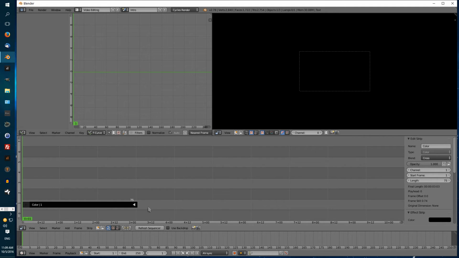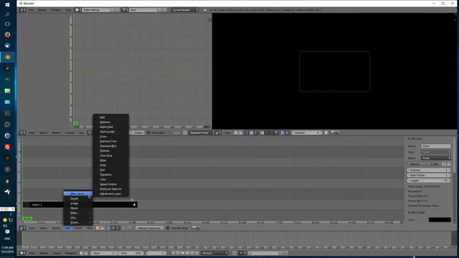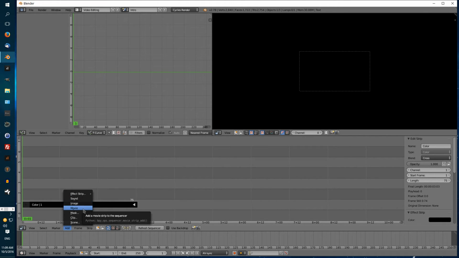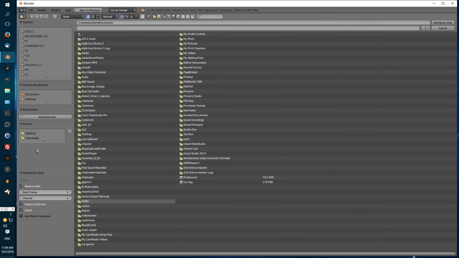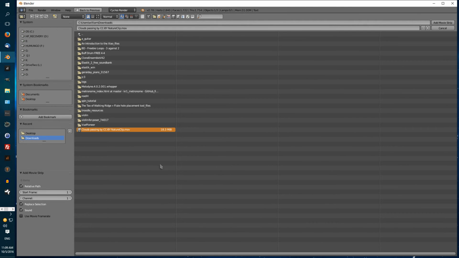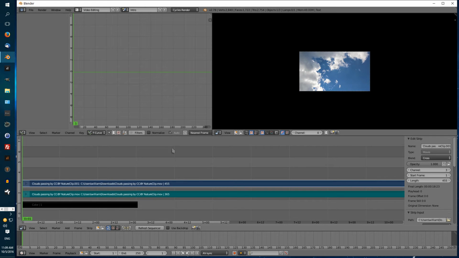Now I will need to add a video, so I'm going to add one that I downloaded off the internet that I understand to be free. So I can add a movie right here and just navigate to where that is. This is a picture of some clouds. Now you can see it put it up in another area because I had the cursor at 1. I should have put the cursor here, then it would have put it at the end. But that's not